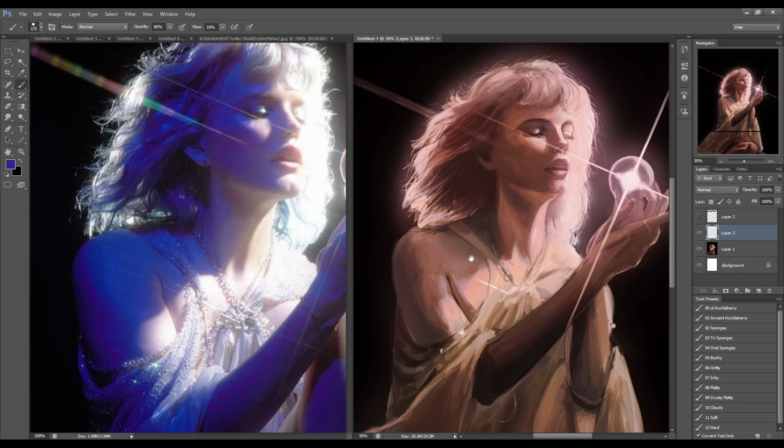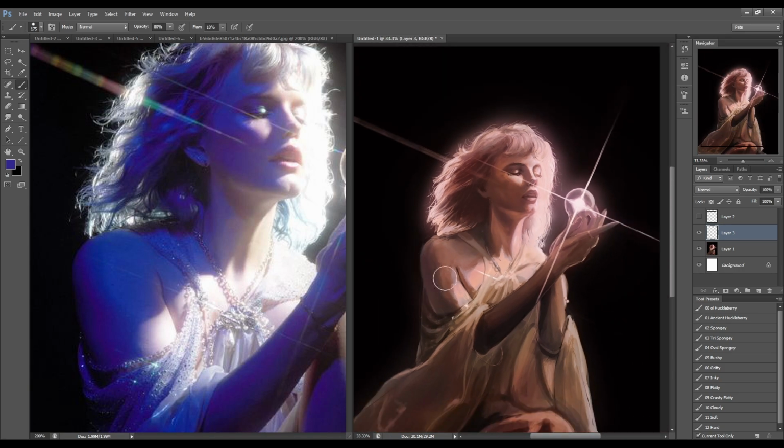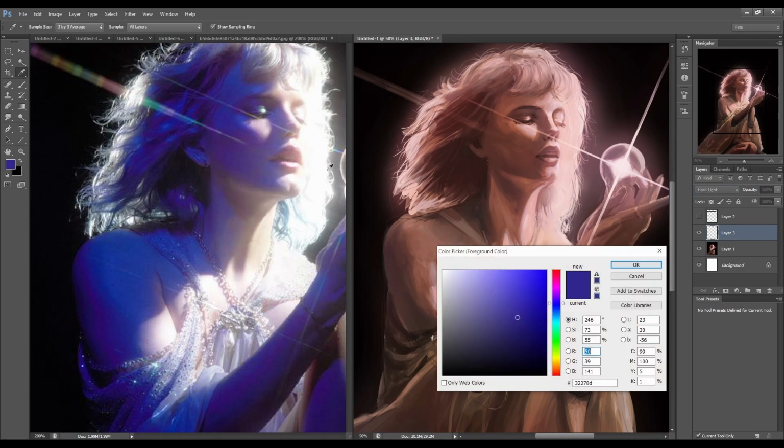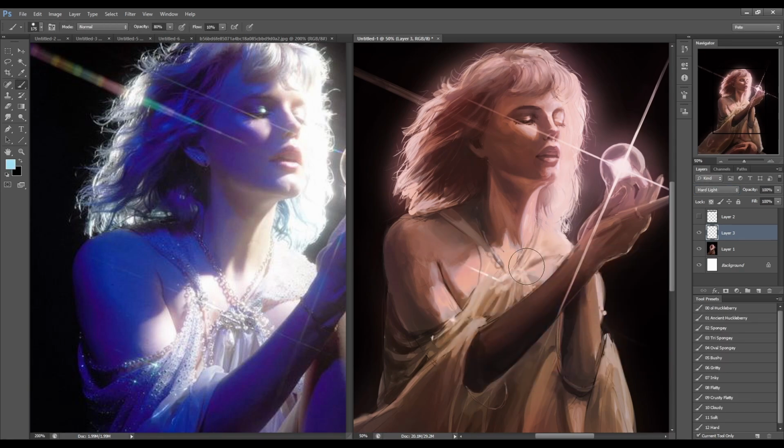So if you wanted red and orange to be your primary colors in the shadows here, one thing you could do to achieve that is use really cool colors in the highlights. You could pick really cool complementary colors to wash in here.